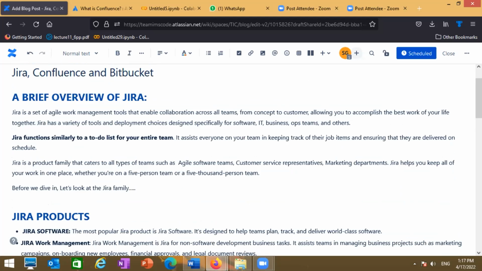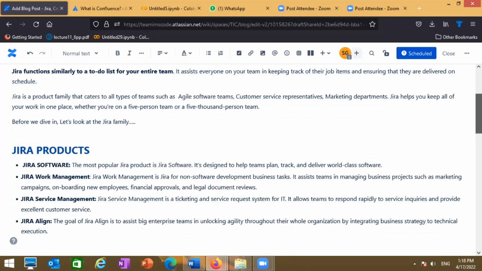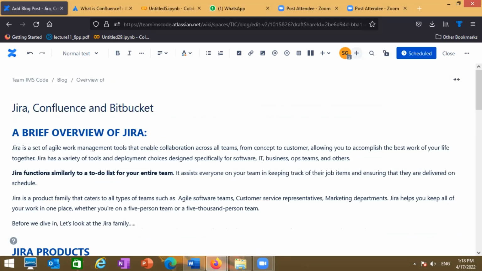Do I have to explain the whole details or just a brief idea? Not really, you can just quickly overview the Jira, Confluence, and Bitbucket that we are using day to day. Okay. I have not done any research on Bitbucket, but for Jira and Confluence, I had read a few documents and got an idea of how to create an issue, how to manage a product, how to create a project and all those things. So I can work on that.